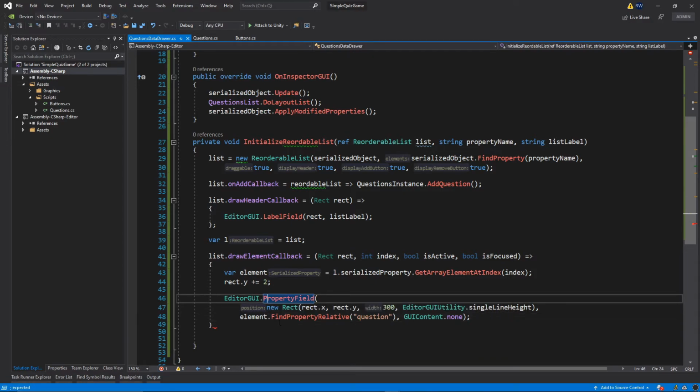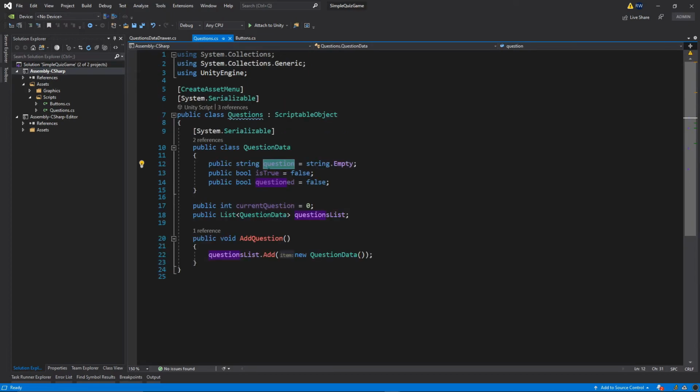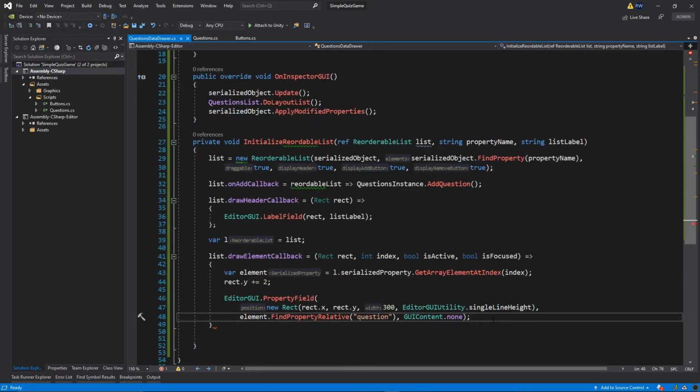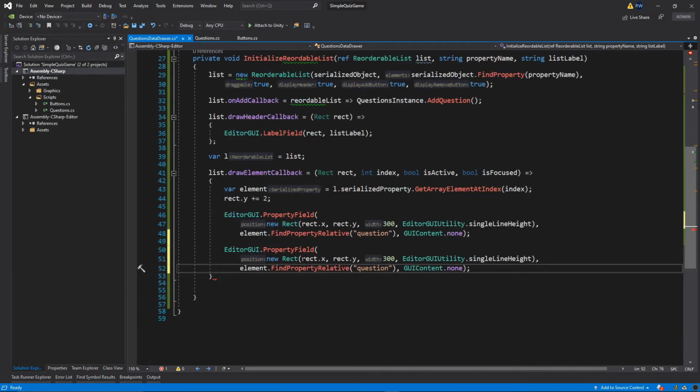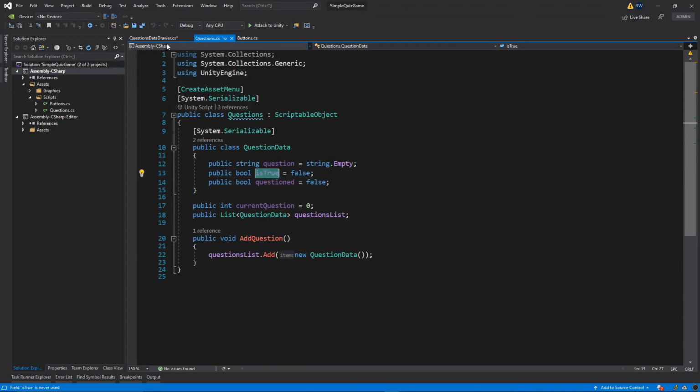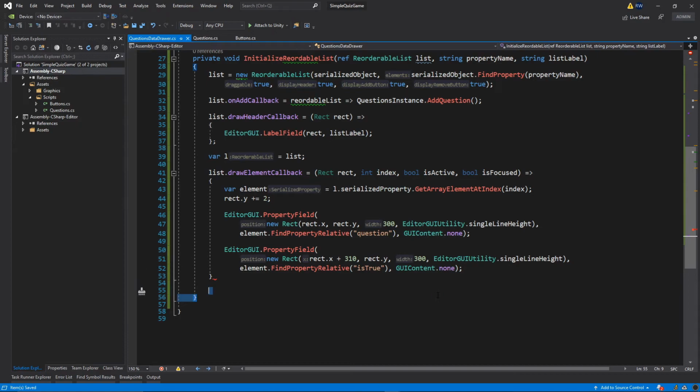Okay, so we're going to create the property fields for our question, and then we need to do the same for our isTrue value. So this is going to be for the boolean value. So I will just copy this line of code and then paste it below. And we need to just manipulate the position. So I will just add to the rect.x position plus 310. And then width will be 300 as well. And of course we need to change this property name. So I will just go back to the questions, copy isTrue to make sure I have exactly the same name, paste it here, and that's it. Okay, so we need to put the semicolon here,